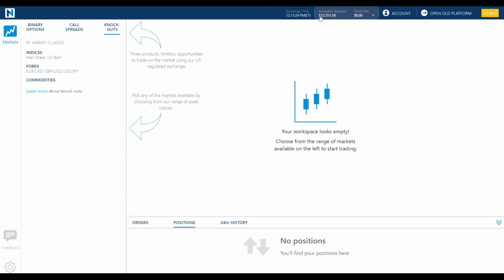Now, the prices in our demo environment should mirror what's in the live environment. It doesn't always work that way. So as I'm going through this, we might notice something a little different because it is a demo environment. But that's one of the cool things about it is you do get a truer feel because it's not entirely made up. We are trying to pump live data into here. It's just not live trading. All right, let's get into knockouts.